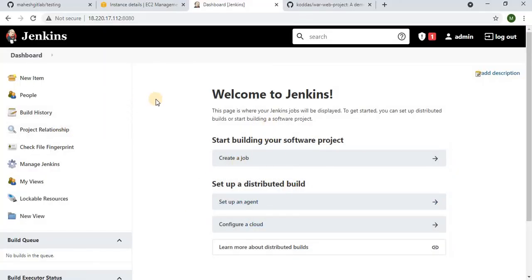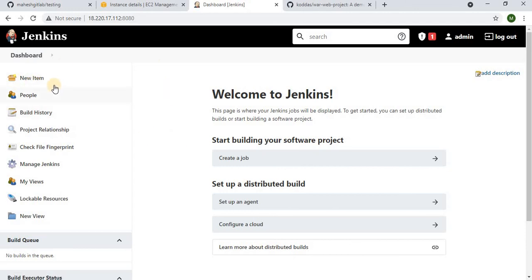See here, for every activity we use the term job or build. You can see Create a job. Create a job means a job to do some activity: a job to do downloading, a job to do deployment, a job to do testing, a job to do build. It may be individual jobs, or within one job we can do all of this. It depends. But for that one activity, we name it a job or a build. So let us do a build.